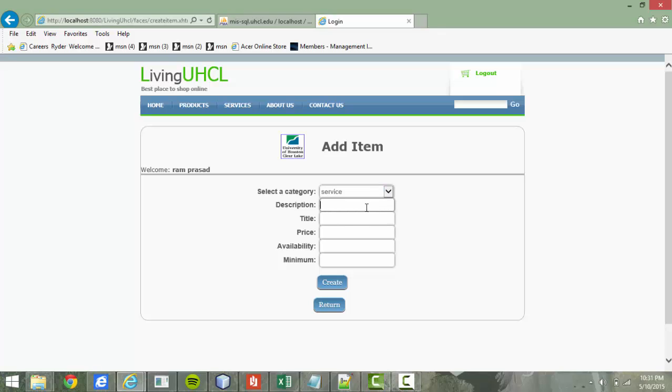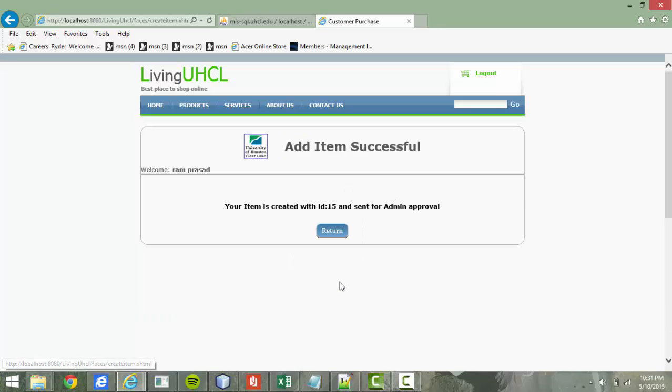If we want to create an item for the regular seller, say we choose service this time, give a description as, say, restaurant, and we give the title as lodging. Give the price. We'll try and give a price above 100, so we'll give it as 120. Availability is 4, minimum is 2. Then we create. Now it will show that your item is created with ID 15 and sent for admin